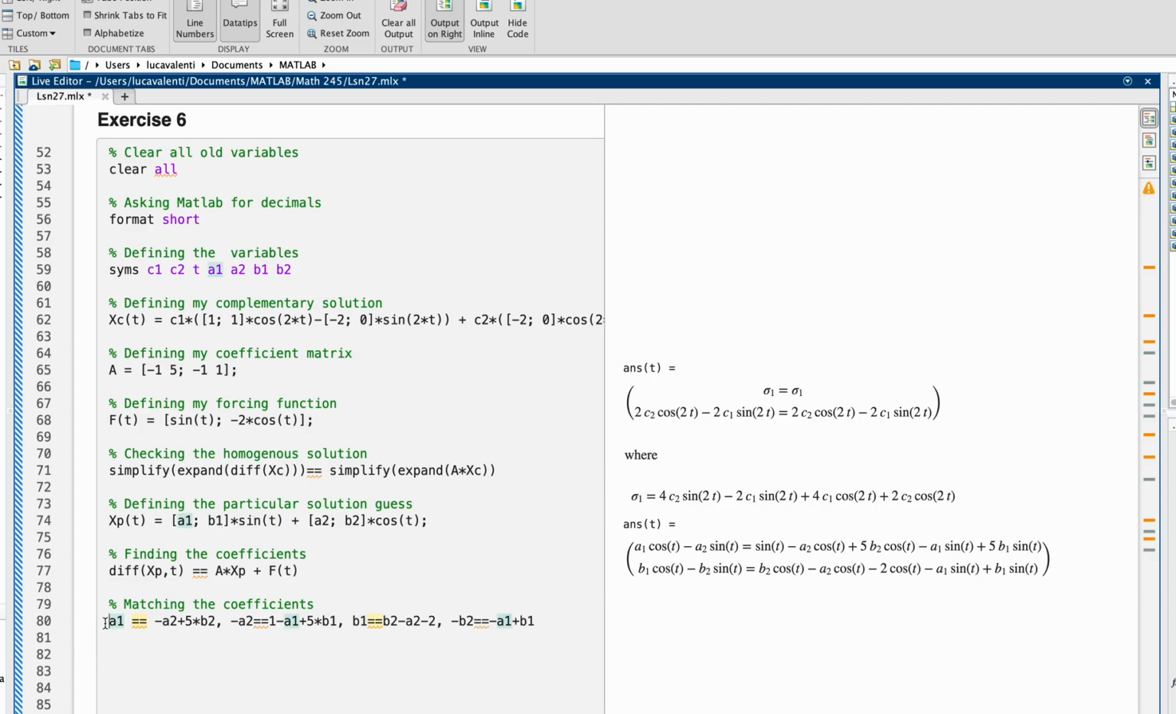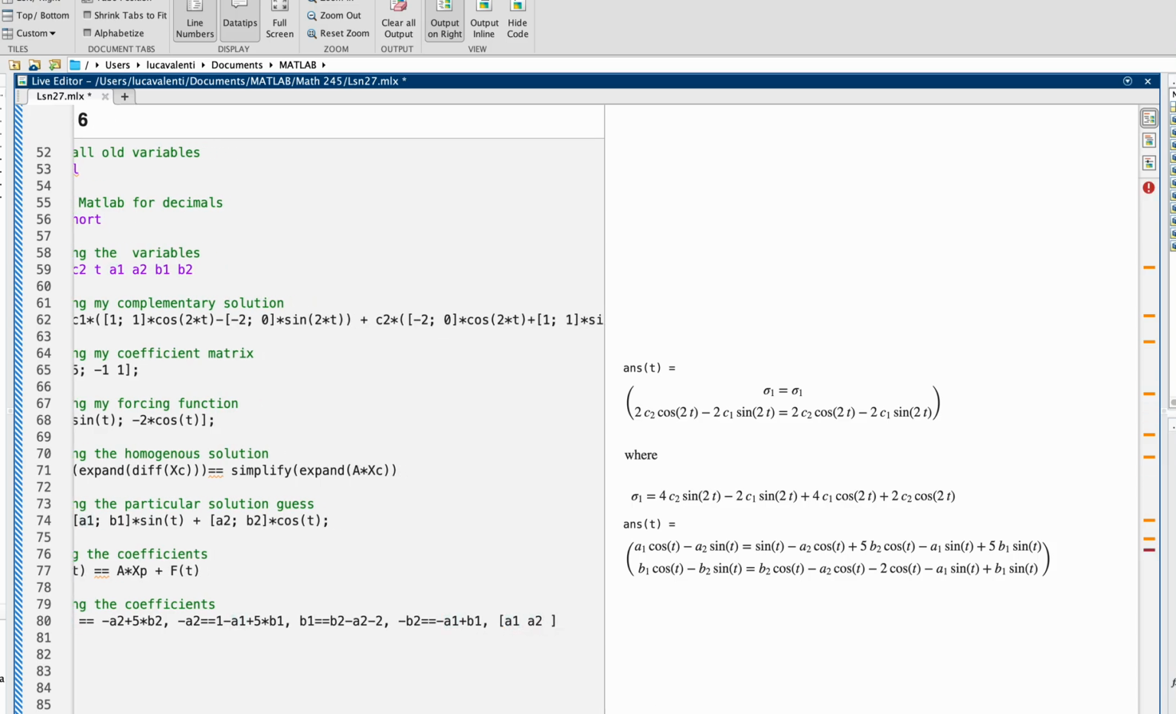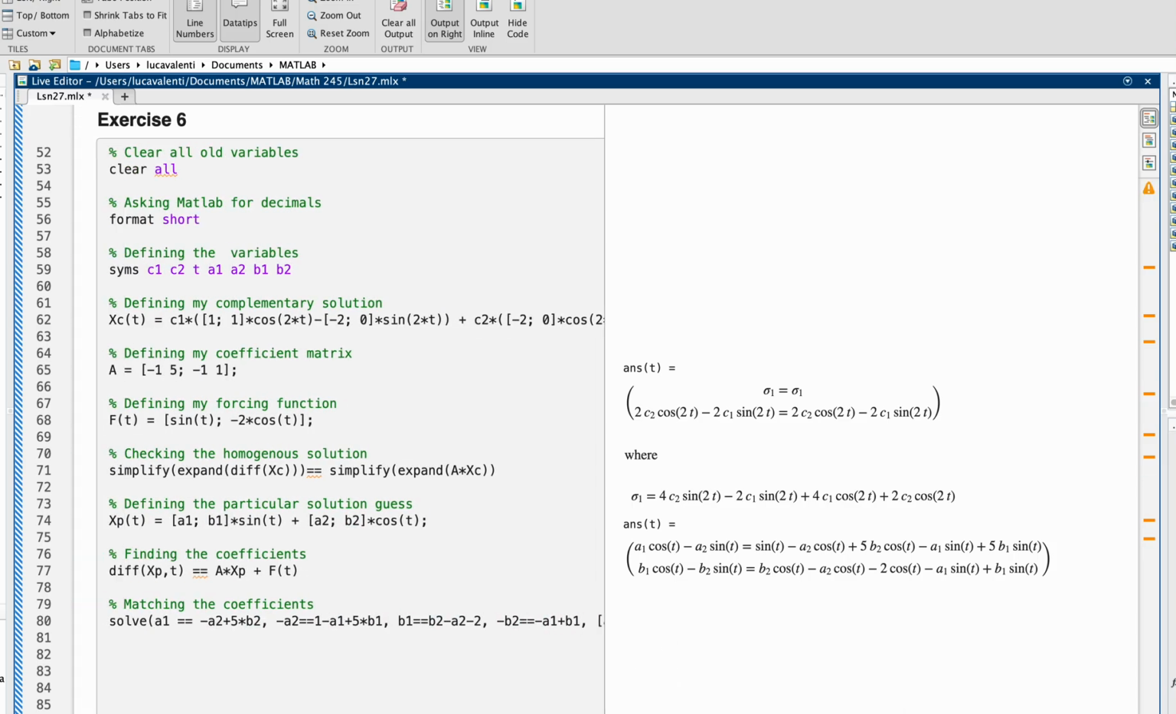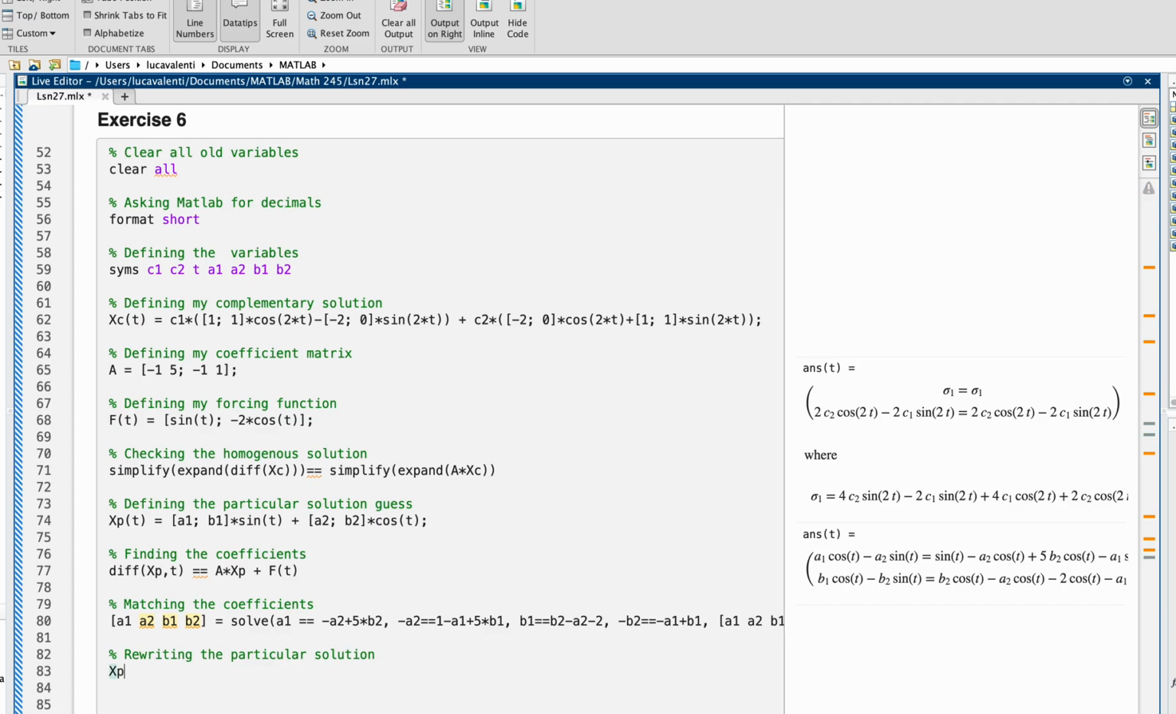solve for 4 unknowns with the solve function. So solve here, and I'm gonna solve for A1, A2, B1, B2, and I'm gonna rename those A1, A2 variables. So A1, A2, B1, B2. And then rewriting the particular solution. So solution, we're gonna have xp of t. Well, since I rewrote it with the same variable names, I can just do this, and I'll